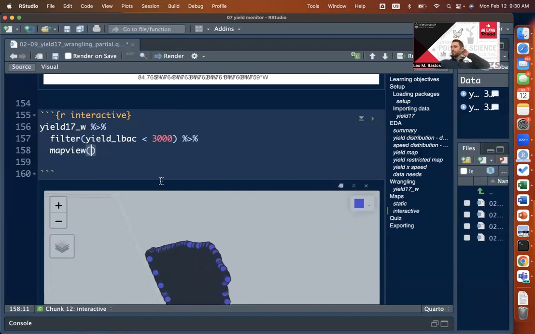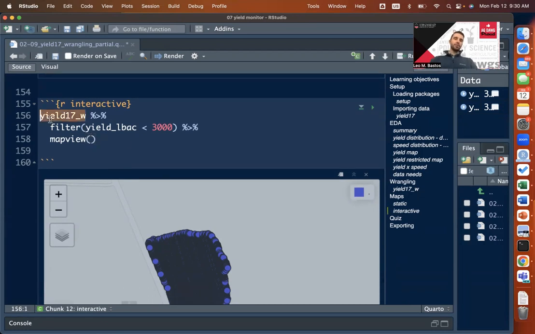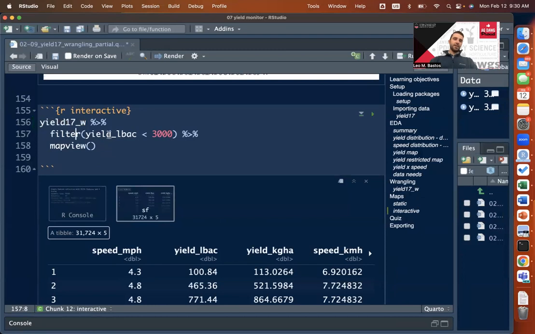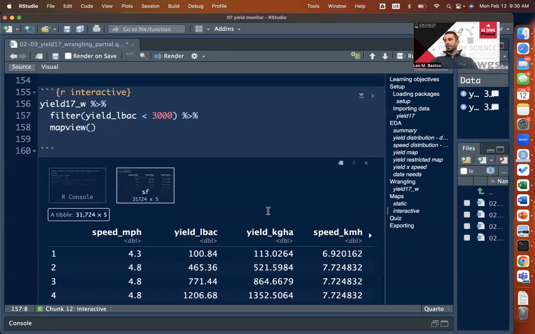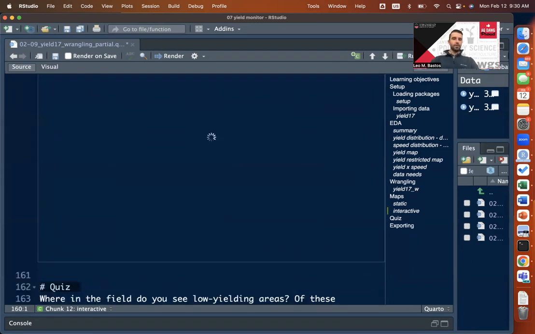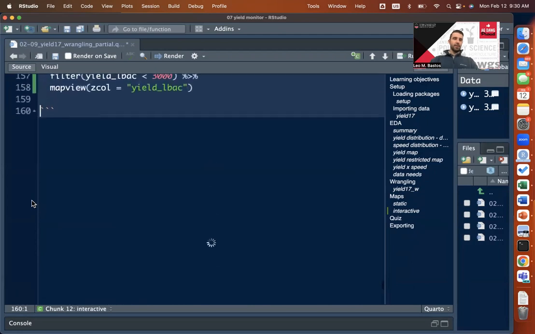If you come back to map view, the first thing I want to do is change the color of this map to be according to yield. So if we just bring that yield 17W column that's coming through, we can do it with the pounds per acre. The way they specify that in a map view is by calling this argument called z_col, for the color of the z dimension. We need to give quotation marks and we can say yield underscore pounds per acre. So if we run that,